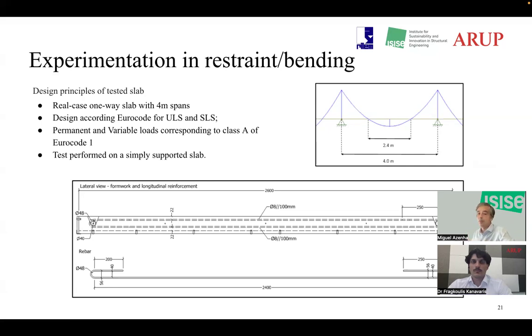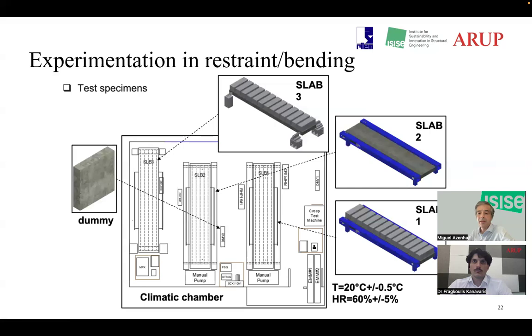As a designer, we would not be worried about the process. And then we carried out the experiment. The experiment included 4 slabs, actually. One slab where we had, at the same time, the restraint deformation and the applied load with these prisms that we put on top, serviceability load, clearly. Of course, this was inside the climatic chamber.